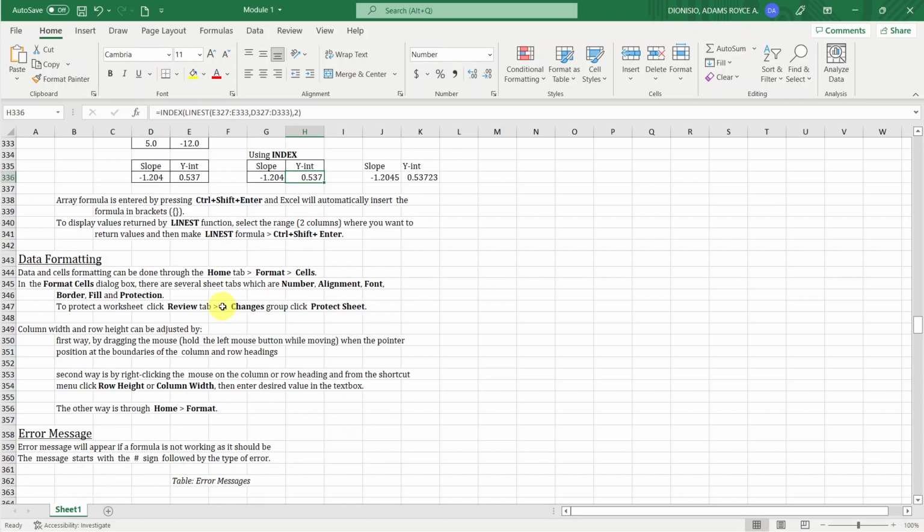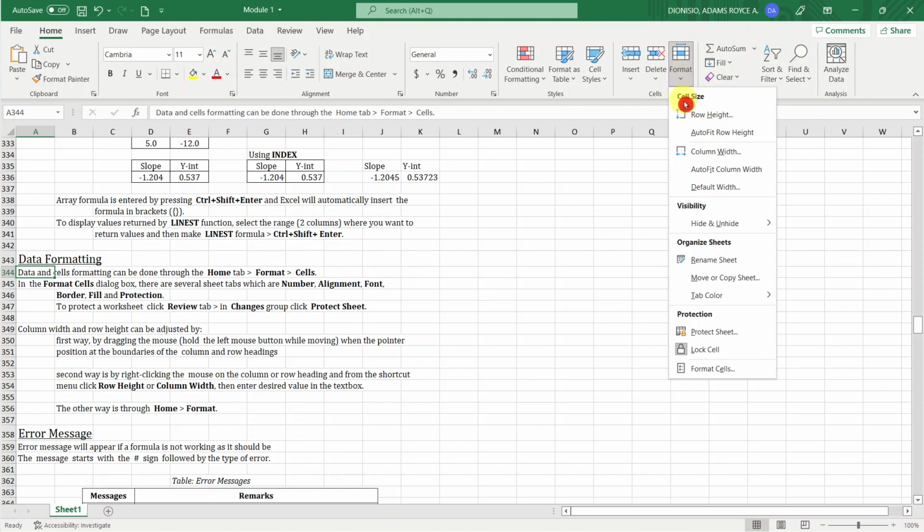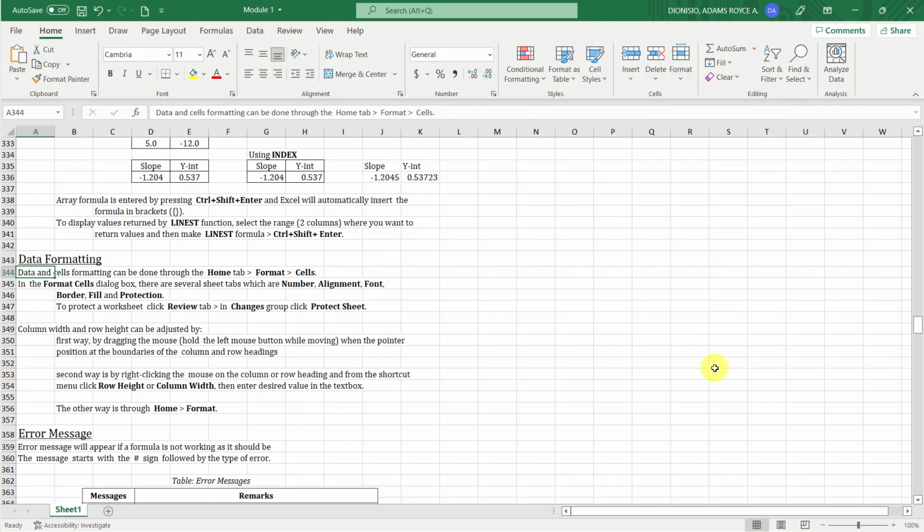Next is yung data formatting. Data and cells formatting can be done through the Home tab and then format cells. And then format and then cells. Okay, so you can just go dito sa Home tab and then punta ka lang sa format. Home tab, tapos yung format, ito, and then cells. Ito, format cells. Okay, kung gusto mo lang i-format yung mga cells. Okay, so if you will try to click that,